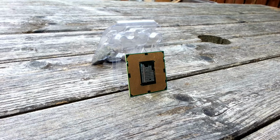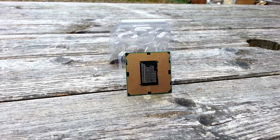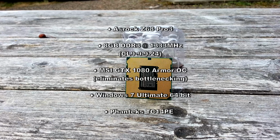Today I'll be running the G850, both stock and with an overclock, through a couple of benchmarks and a few games as well, to give you an idea of how the G850 performs today. The rest of the system I'll be using for the test features an Asrock Z68 Pro3 motherboard, 8GB of DDR3 RAM running at the G850's maximum selectable frequency of 1333 MHz, a MSI GTX 1080 Armor OC Edition graphics card to eliminate any potential bottlenecks other than the G850 itself, Windows 7 Ultimate 64-bit, and the Phanteks TC14PE to keep